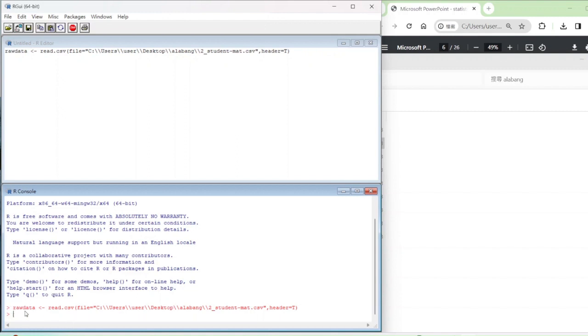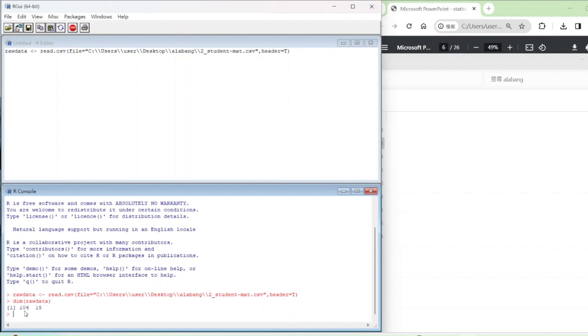Okay, so now we can check what data we have already imported. You can use dim of raw data to see that it has 104 rows and 15 columns. And after that, the square bracket is the command which we can use to check the assigned rows and columns we want. For example, raw data,